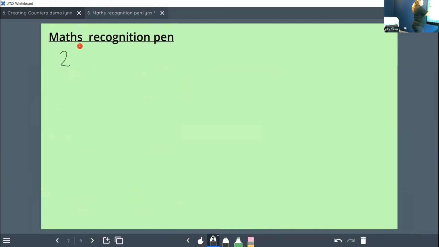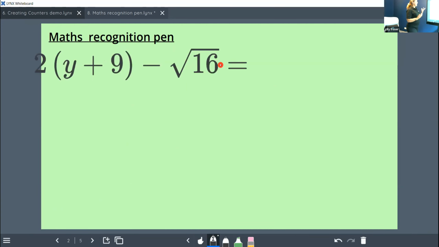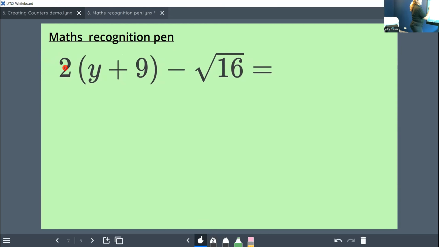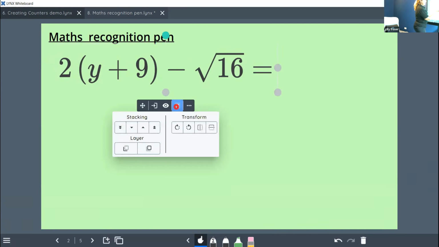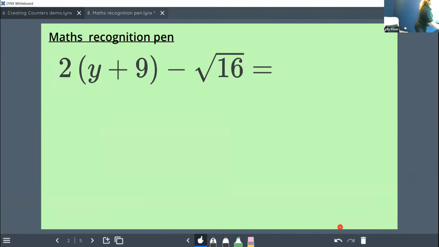So for example, if I did 2, add 9, close brackets, take away the square root of 16, it will convert that into an equation there for you. You can just move that into place. Again, if you want to, you can send it into the background. So if I just click on it, stack and transfer into the background, exit the background, and then you can